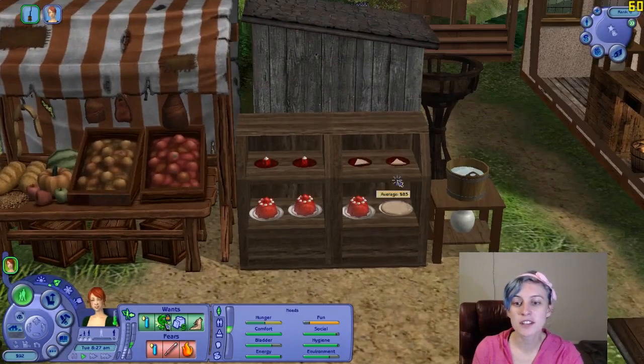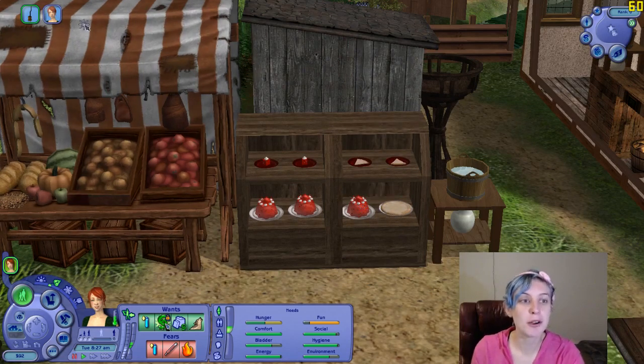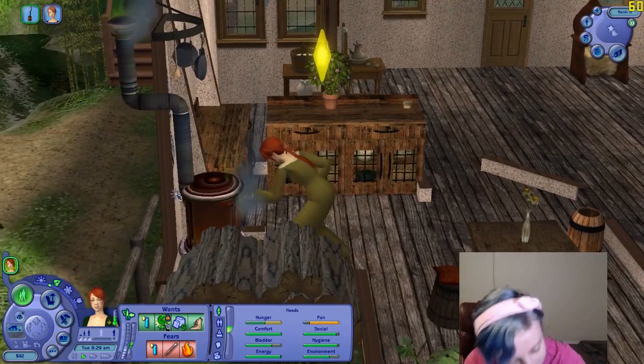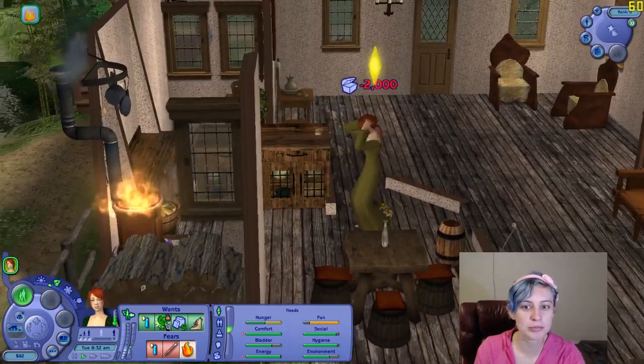Okay, so her shelves are all set up with what she has so far. I didn't realize I didn't make another shortbread for this side of the shelf, so I'll have to fix that for tomorrow's sales. And oh, it's paused. I was like, why is nothing happening? Anyway, so she will... oh...